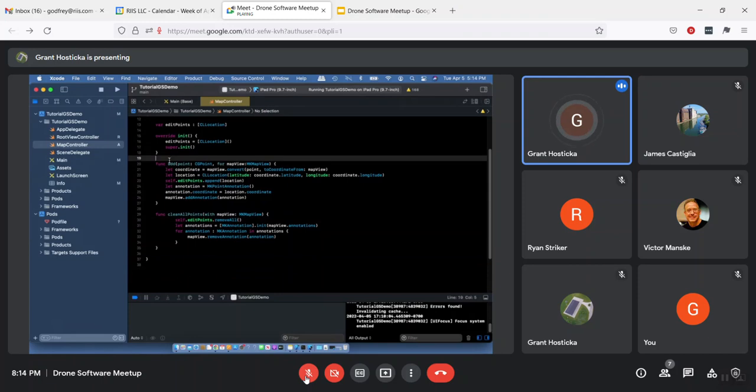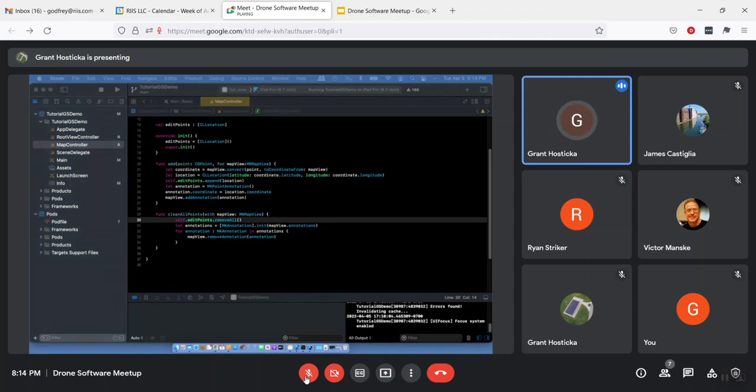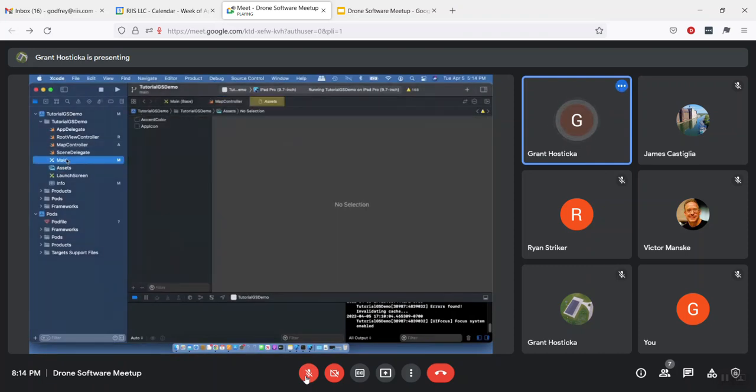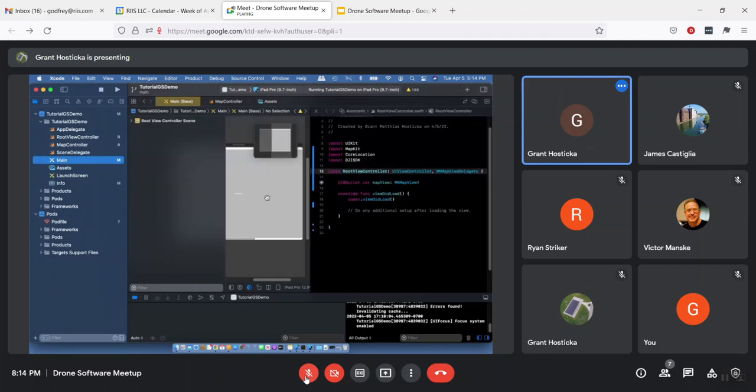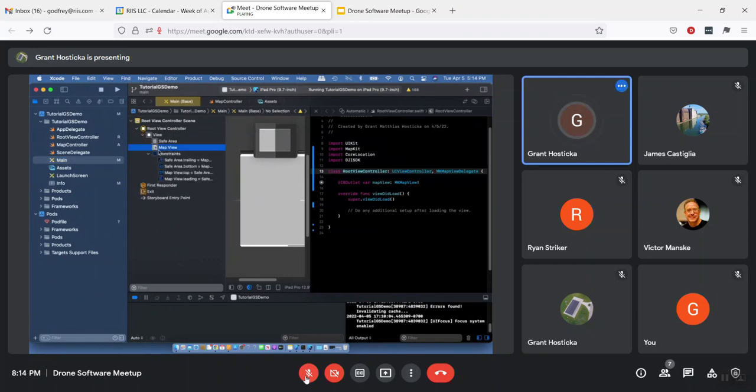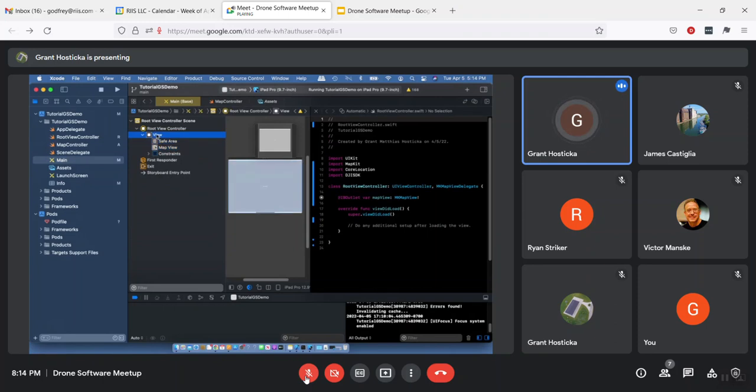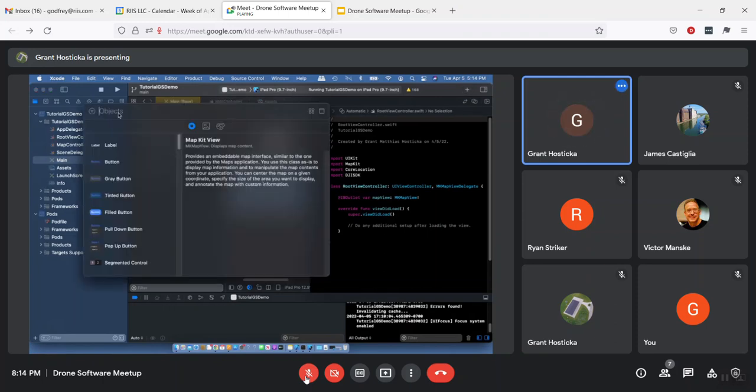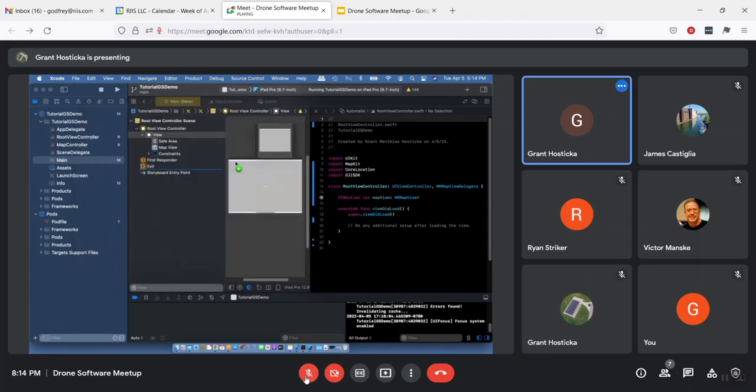So now with these two functions, we want to tie them to buttons on the map itself. So we're going to go ahead and add an add button, and we're going to add a button to clear out those as well. So going back to main here, view controller, view, we have our view right here, add a button,